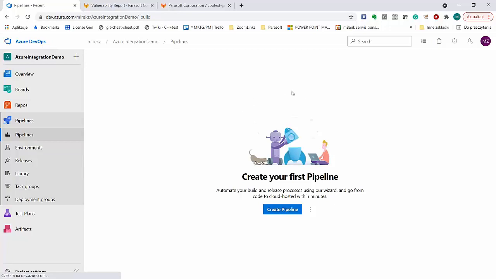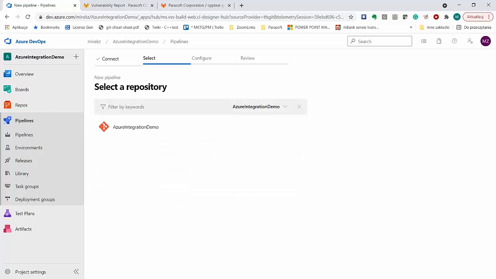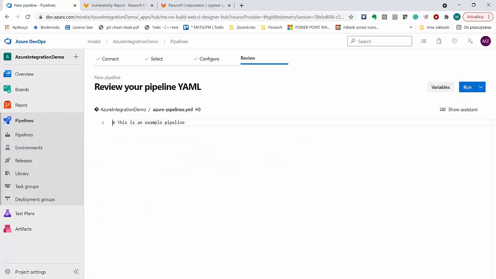As you can see, I don't have any pipelines defined yet, so let me create a new pipeline. We need to select where is our repository. It's hosted in Azure. We need to select the repository, and we get an empty YAML file, so we are ready to define